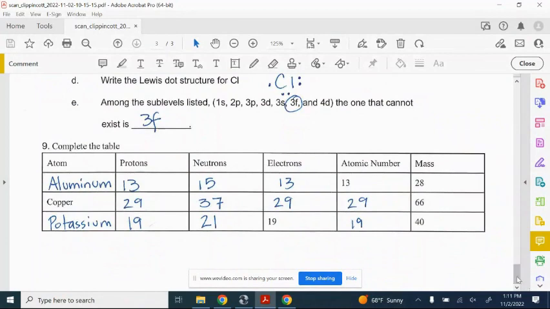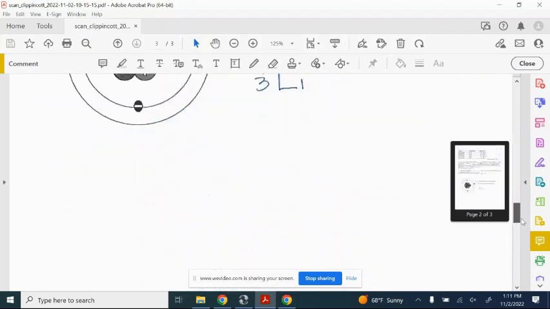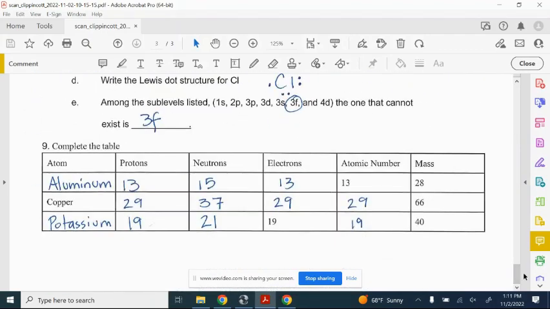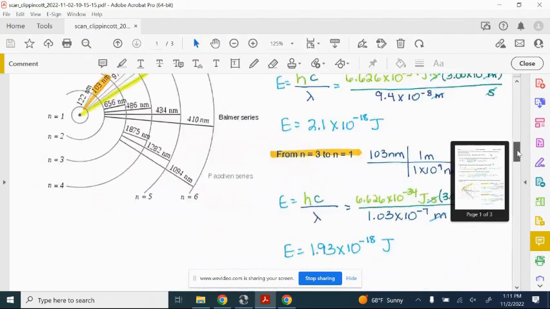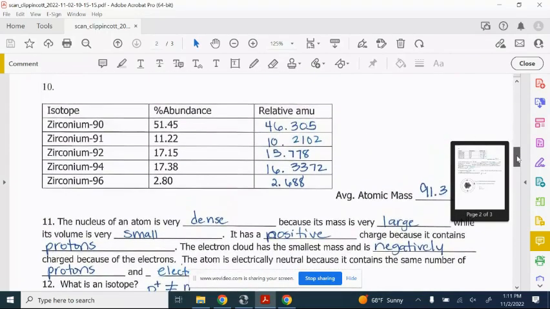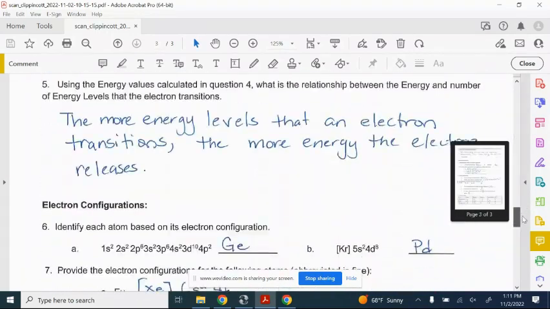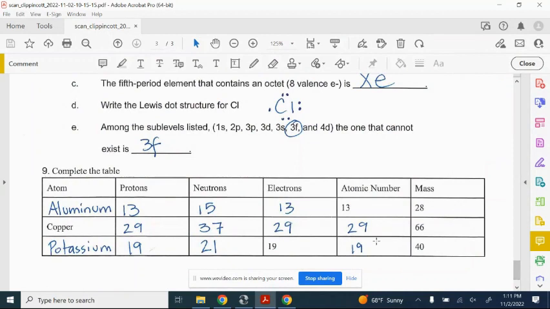So down here, I think people were asking about this table. Where's the second or the last page of this? Oh, here it is. Okay, so this chart, is it out of order? It must be out of order on here. Okay, so